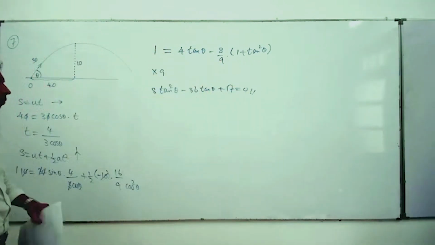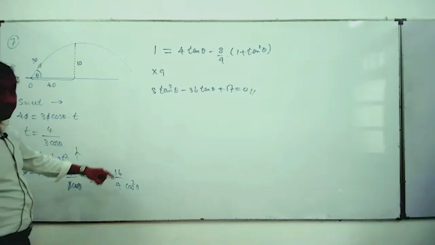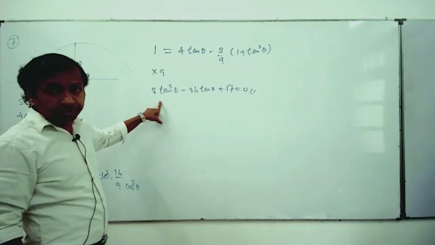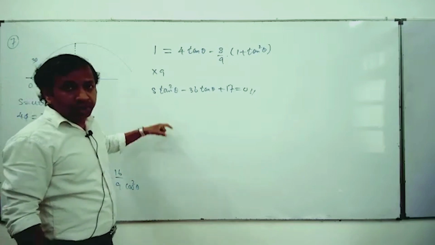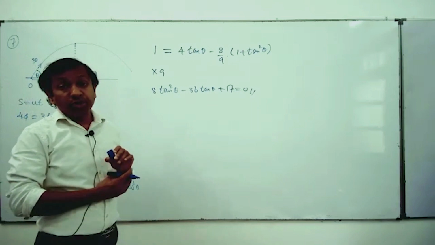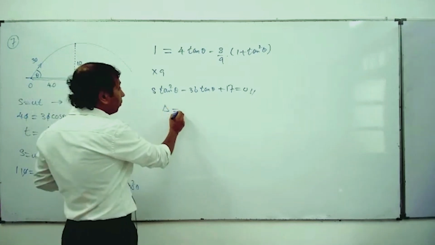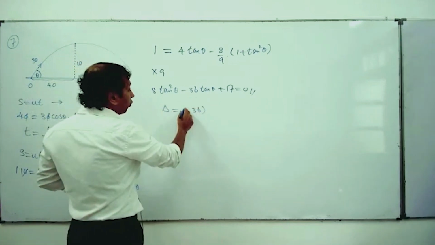That's right. Now, show that there exist two angles of projection and find these angles. If these angles are theta 1 and theta 2, show this now. This is a quadratic equation in tan theta. You have to prove there are two angles. If there are two angles, there should be two values for tan theta. Yeah, we'll find the discriminant of this: V square minus 4ac,